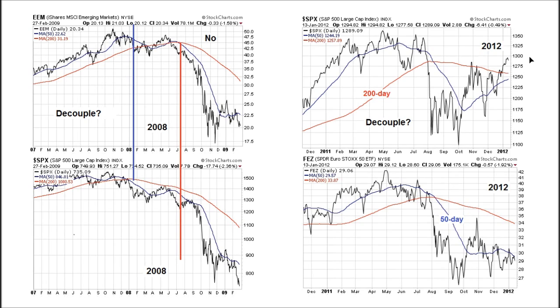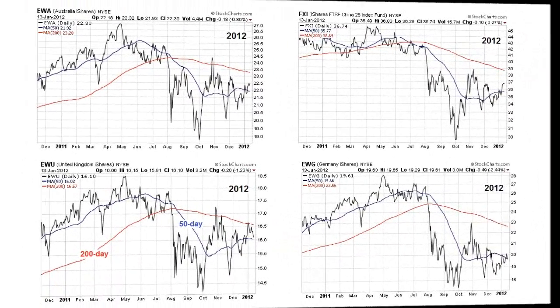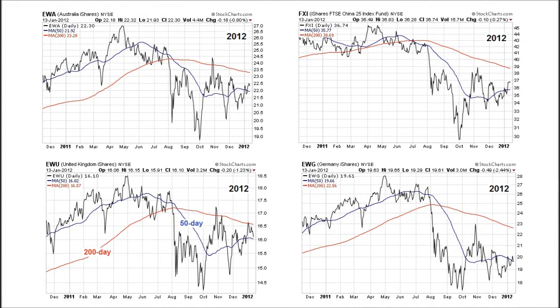It's not out of the realm of reason, and we'll show later that if you look at DeMark counts and price exhaustion, you can make a very legitimate argument that the S&P 500 could even try to challenge this all-time high here at 1370. We can throw another skeptical dart at the decoupling board, looking at just some other indices